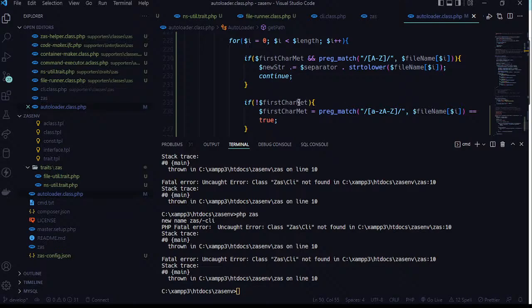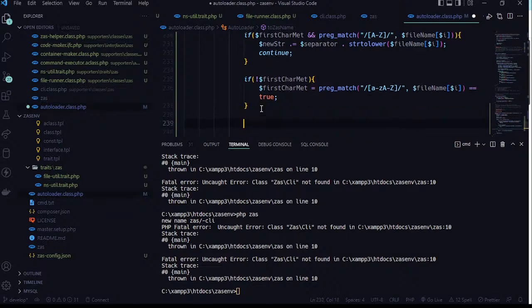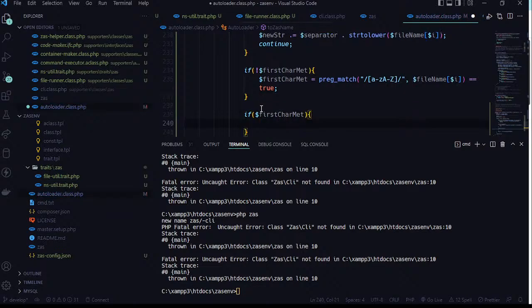Okay, so if initially we have not met any first character. So if we meet a slash or backslash, then we have not met the first character. So we say if the first character met is true, now we want to check